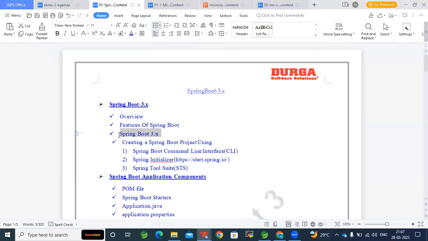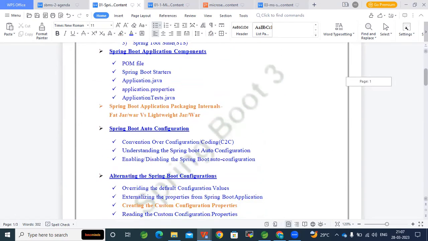Majorly 6 features were added. Of course, more than 6 features were there, but the major ones are 6, which are very important from the interview point of view. Then how to create the Spring Boot project, an overview of it, and Spring Boot application components,